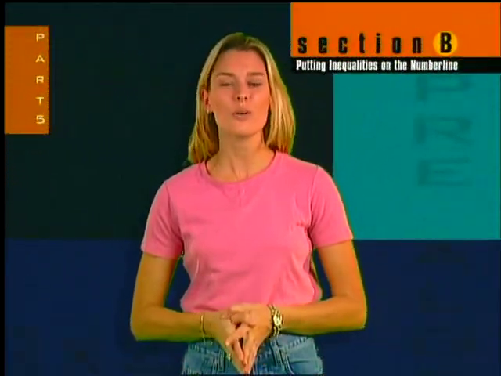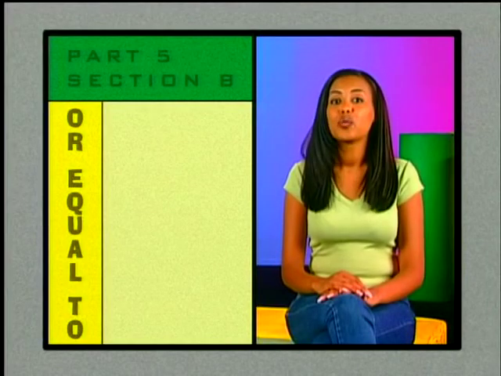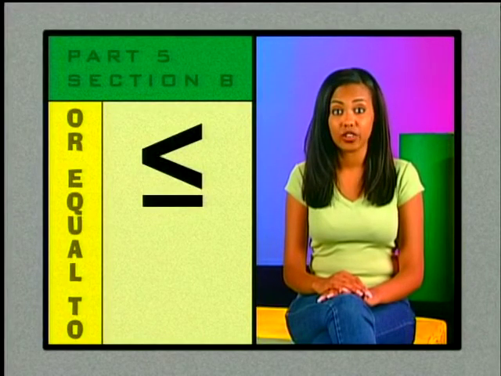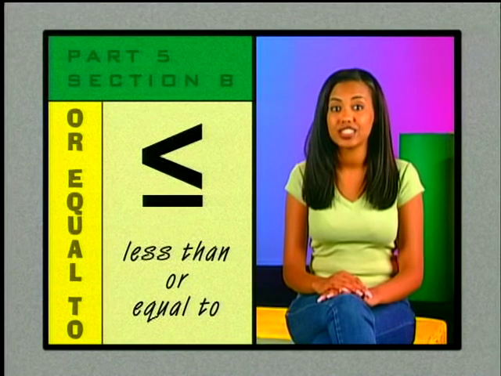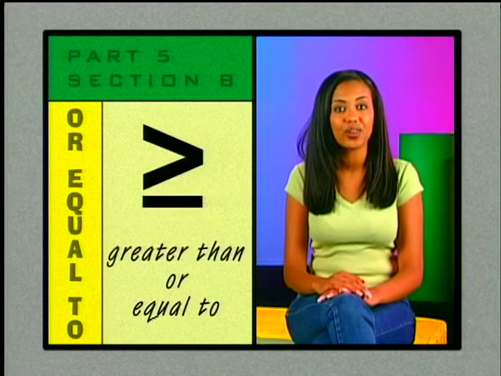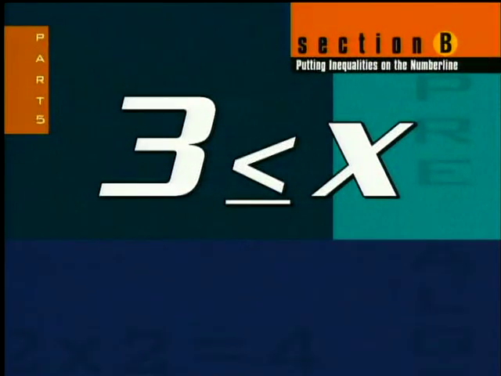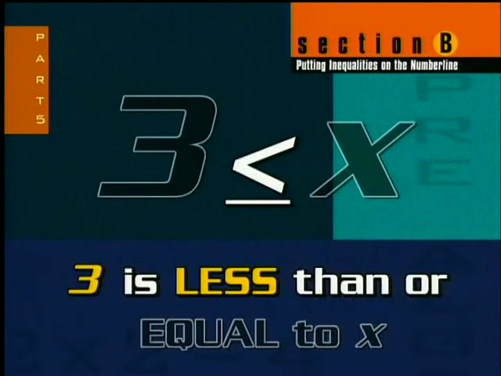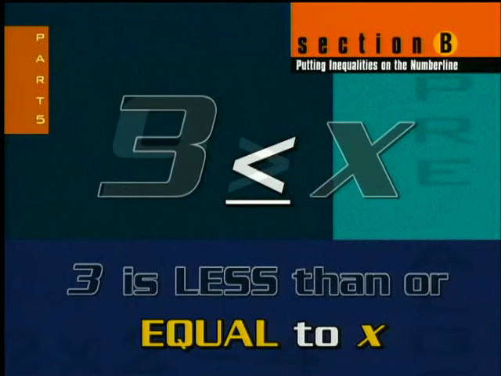Now there's one more little piece to this inequality puzzle. Sometimes the greater than or less than signs can have a line underneath them. When you see the less than sign with a line under it, it means less than or equal to. If you see the greater than sign with a line under it, it means greater than or equal to. So when we see something like this, which means 3 is less than or equal to x, or this, 9 is greater than or equal to x,